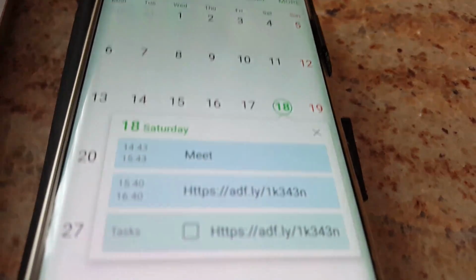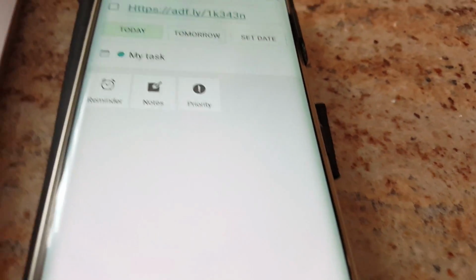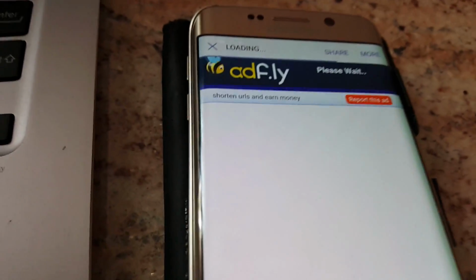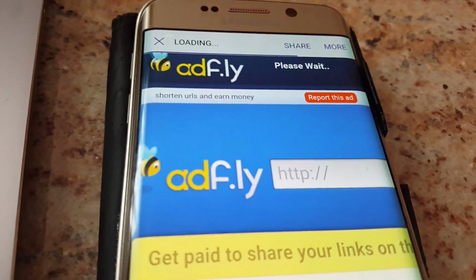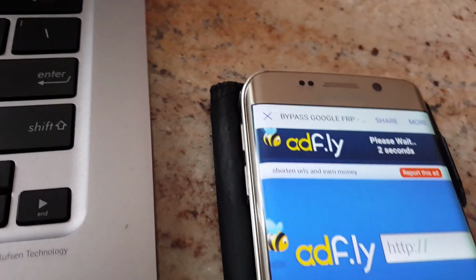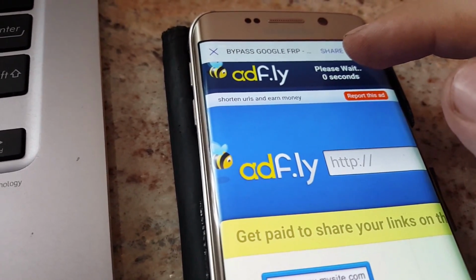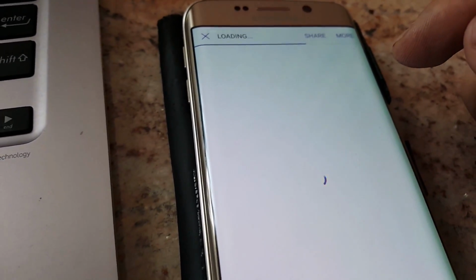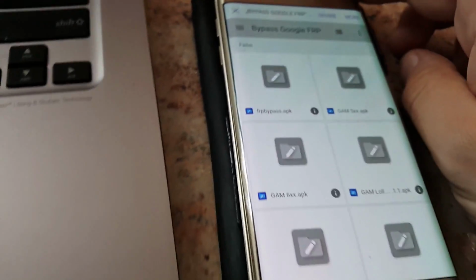It really works. So once it's done and it's working, you just click on this and you are redirected to the ad. Then click on skip ad. And here we are